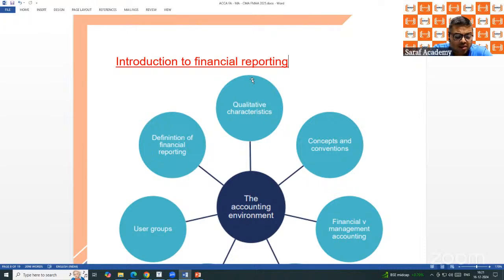And based on the summary, we are able to understand the performance of the organization: what is the profit or loss, the condition of the organization, what are the assets, liabilities, and the cash flow of the organization. By recording and classifying the transactions, we are achieving something. That is, the transactions are recorded in the books. But after the recording and classifying, we require the summary. And that summary is called the PL account, balance sheet, notes to accounts, and other things. The decisions are taken by looking at the summary.